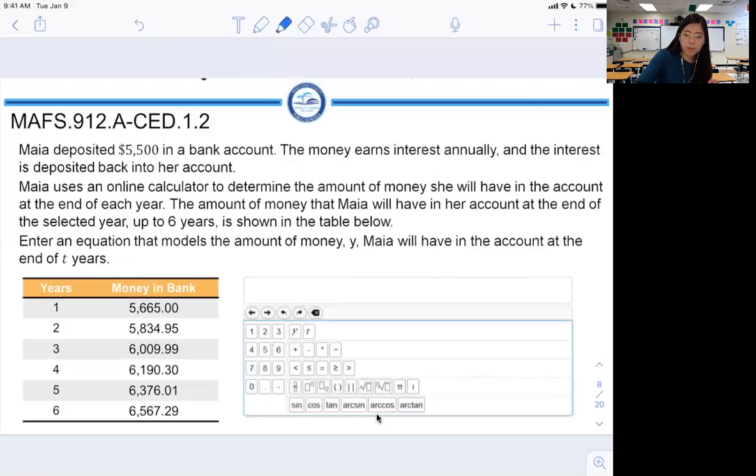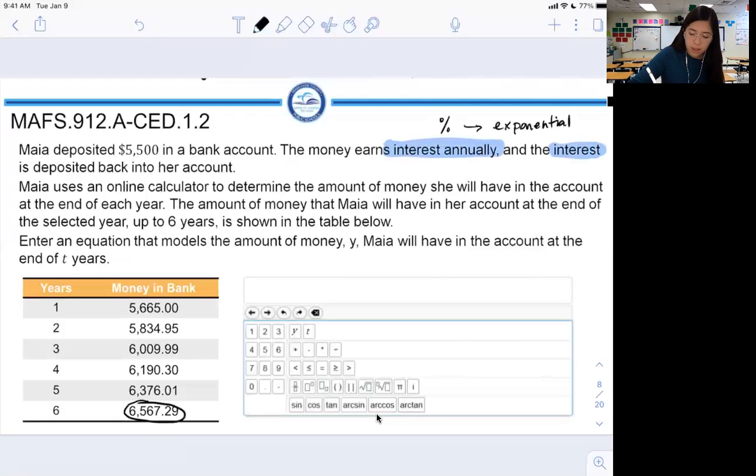There's already a little bit of a clue, is that there's interest. And we've talked about this, interest is usually a percentage. And we know that percentages are going to be exponential. But just to be sure, there's something we can do to check if it actually is exponential. So I'm going to start down here at the bottom,